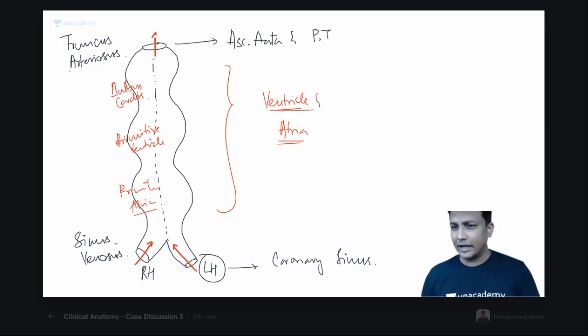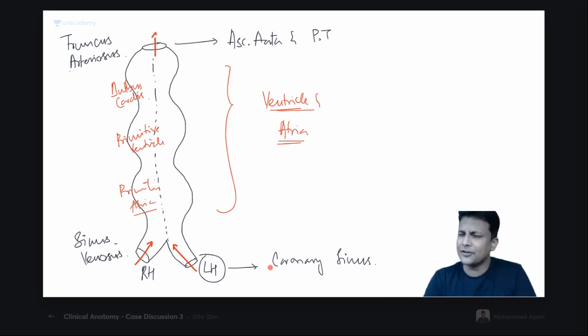But don't worry about that in the middle part. Importantly, worry about the cranial part and the caudal part. Truncus arteriosus is going to form the outflow, and sinus venosus is the inflow. Because it is outflow, that is the one which is going to form your aorta and pulmonary trunk. And in the sinus venosus inflow, the left horn is going to form the coronary sinus. And the middle part is going to form your atria and ventricles, guys. I think it's very simple, right?